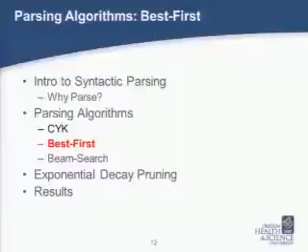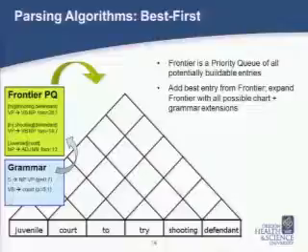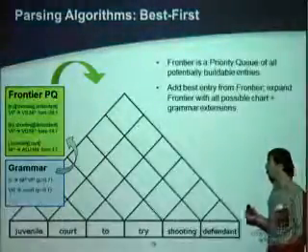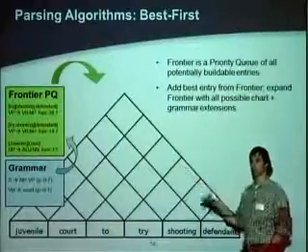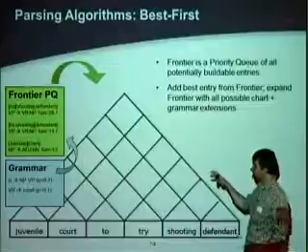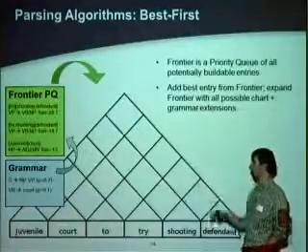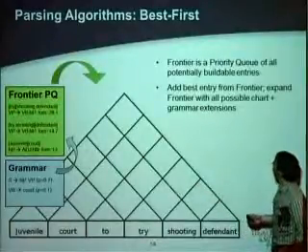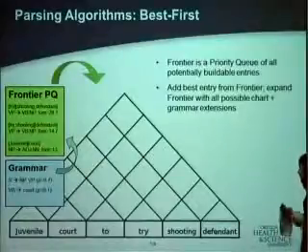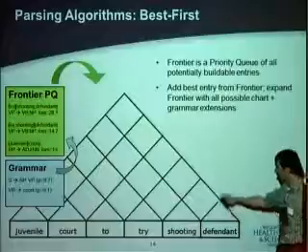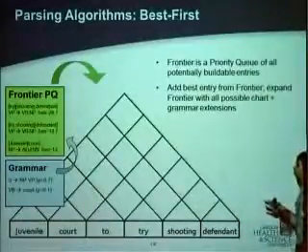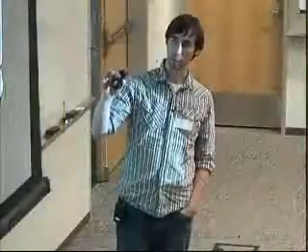On the opposite end of the spectrum, we have a best first search. And what this does is it's a more directed search in the space. We maintain a priority queue, which is the exploration frontier of chart entries. So how this works is the frontier contains all possible entries we can traverse to in the next step. The frontier is ranked by